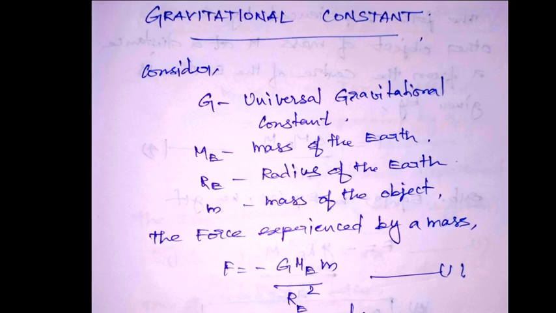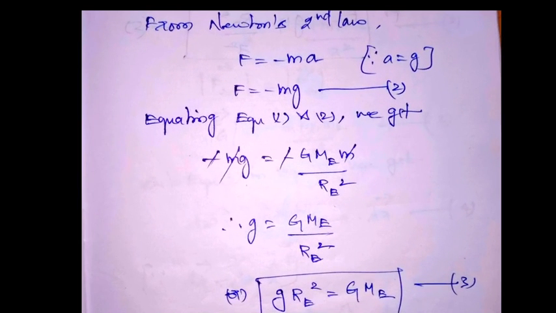Next I am going to involve Newton's second law for relating the force acting on the masses. So F is equal to minus ma. Here A is replaced as g, so therefore F is equal to minus mg, and this is equation number 2. Then compare equation 1 and 2. Since they are both equal to force, I can equate these equations, therefore minus mg equal to minus capital G